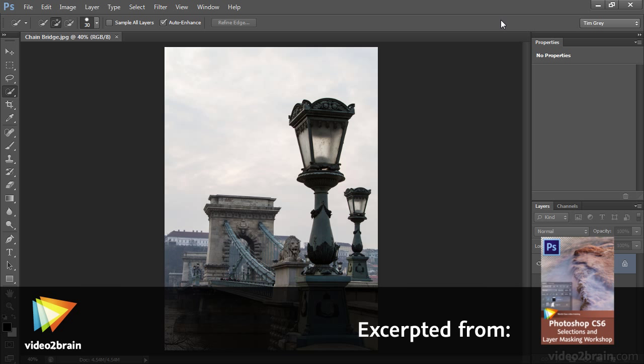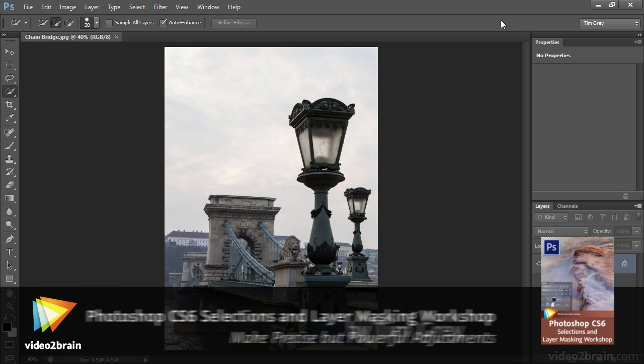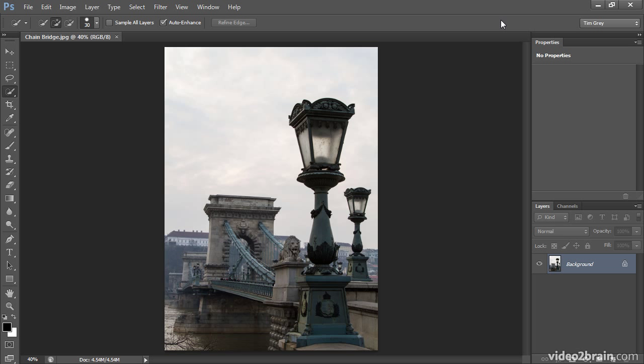In most cases, when I want to apply an adjustment that only affects a portion of the image, I prefer to start with a selection. That enables me to be a little bit more precise in the adjustment, but it's also, in many cases, simply a lot easier. I can create a selection often faster than I could paint over an entire area that I want to adjust. Let's take a look at how we can use a selection as the basis of a targeted